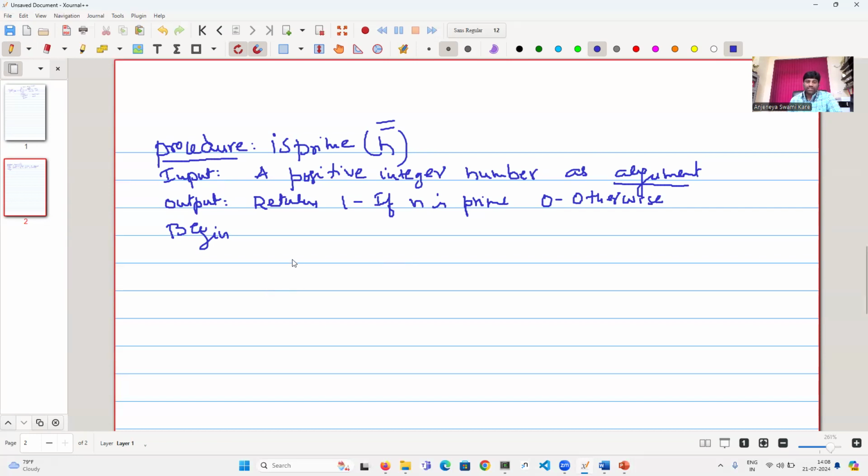Okay. What is the logic? We need not check for input validation inside the function, because input validation is the duty of the caller. We can silently assume that the user is passing a correct expected value. Okay. And so for I equal to 2 to n by 2 do. Okay. If